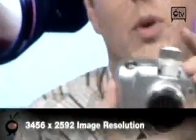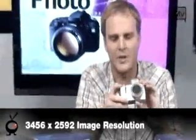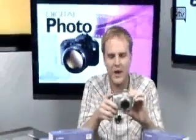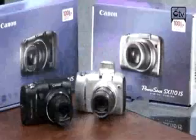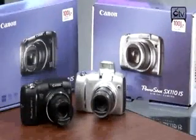But overall, it's a really impressive little camera. People have been anticipating these new Canons for a while, and for good reason. They're a really good value, and they also take really great shots. So I would encourage you to check it out. If you're in the market for a higher-end point-and-shoot camera, I would definitely take a look at this one. You'll be the envy of everybody in your neighborhood with the new Canon PowerShot SX110. Go check it out. For more information on the Canon PowerShot SX110